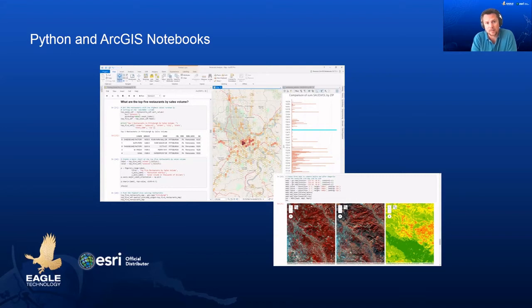The ArcGIS API for Python has over 2,300 methods and functions, and that allows you to analyze spatial data, but also manage your WebGIS and perform spatial data science. Python also gives access to that open data science ecosystem, because you can bring in Python libraries for your analysis.